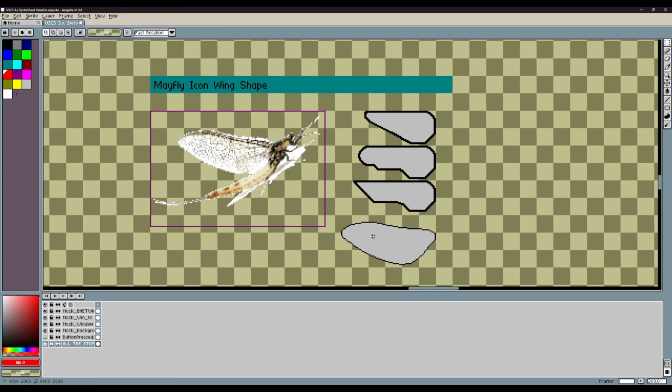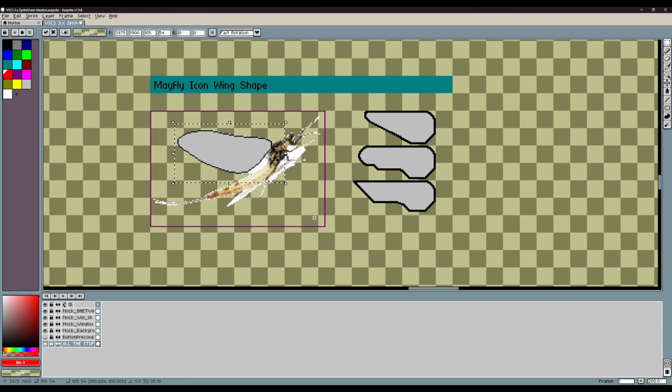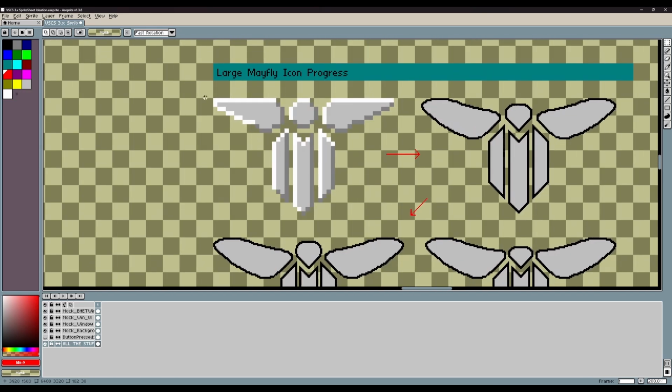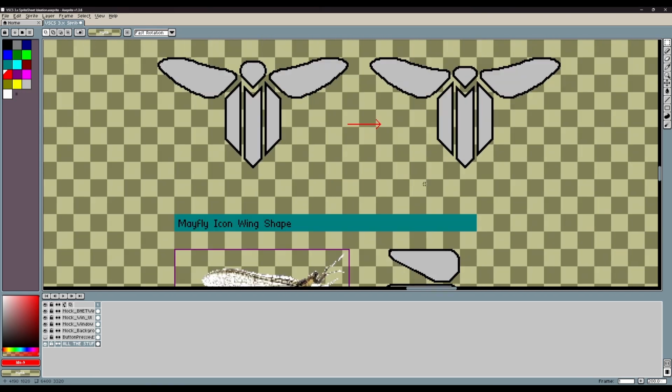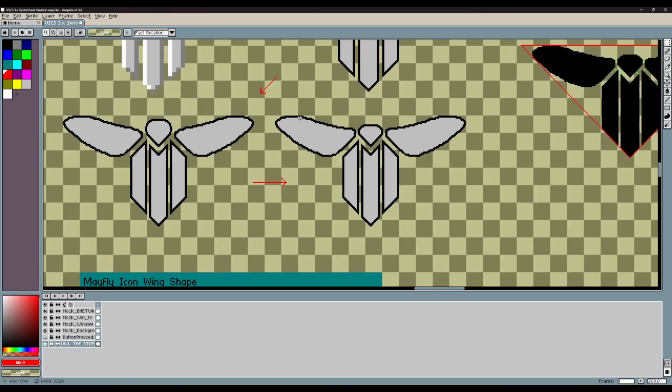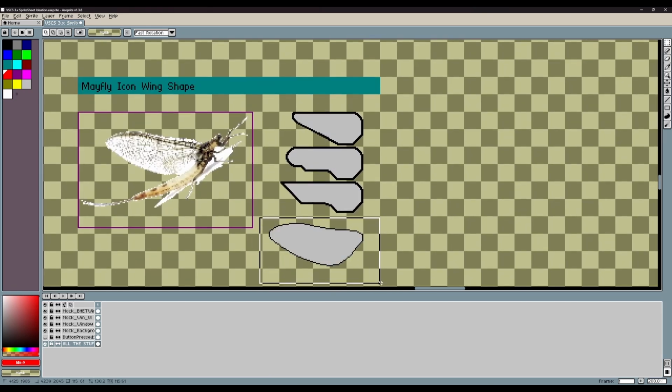The Mayfly icon uses the wing shape from an actual Mayfly image I found, so you can see that lines up. This isn't exactly what I ended up using, but I was playing around with these really choppy shapes based on the original blown up icon, and these just look terrible. Like this looks too much like a key. This one looks really aggressive and doesn't get the kind of serene nature that I wanted to get across. Sounds a little pretentious, but you know what I mean. It needed to be a lot softer.